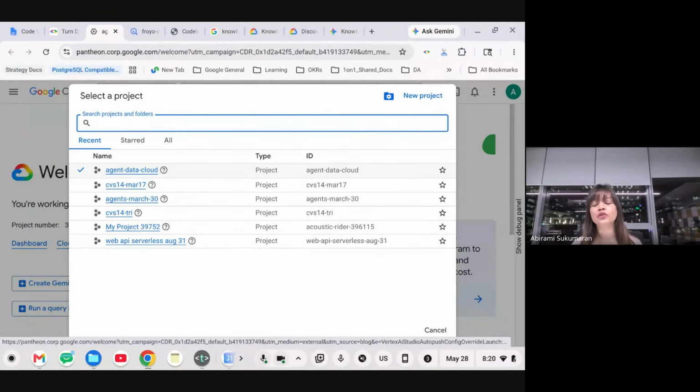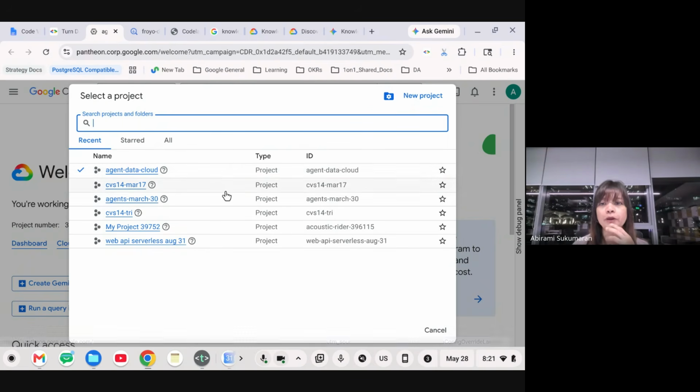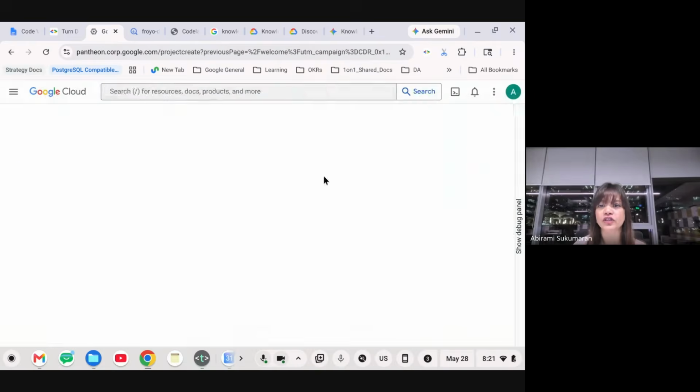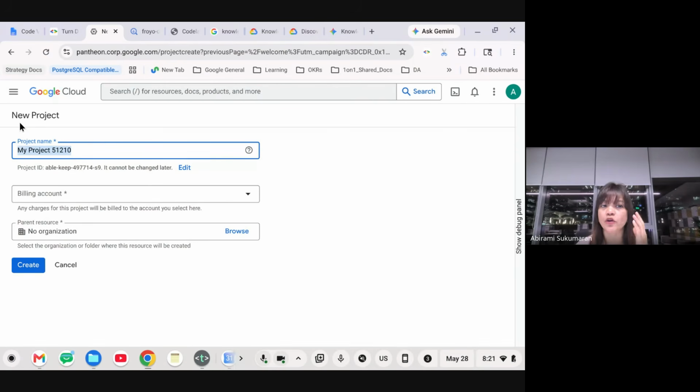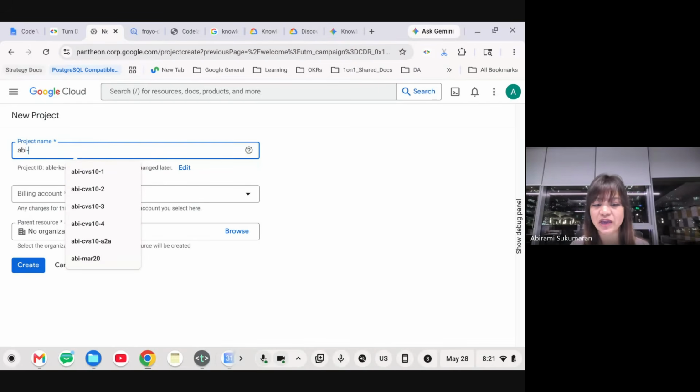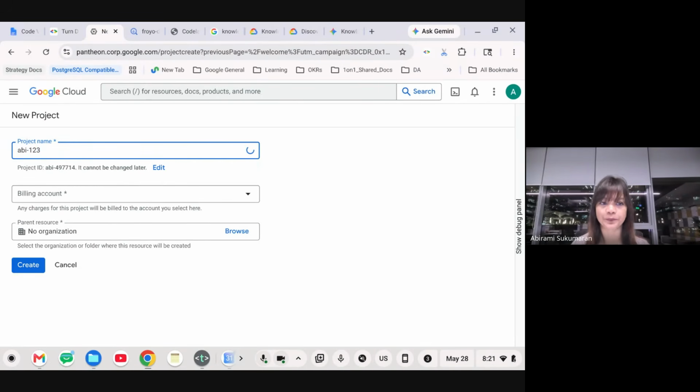Make sure you're not using a project that is linked to a billing account for some other project of yours, in which you don't want to incur any cost. But whatever you're going to do hands-on today will not incur any cost, so you can be assured of that. But if you're a new Google Cloud project creator, click the new project button and you will see the new project page right here. Enter your project name, keep it simple, but also make sure there is some numeric value at the end so that it doesn't attach something on its own.